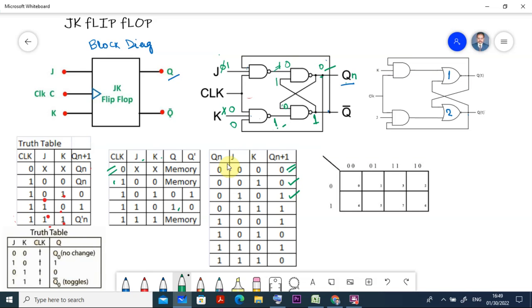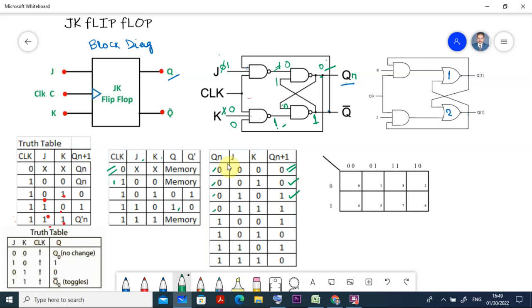Now if you go on doing like this, you can find all these values. When q1 is equal to 0, I have taken 4 cases, taking 0 0, 0 1, 1 0 and 1 1, or if you say 3 variables, 0 0 0, 0 0 1, 0 1 0, 0 1 1, 1 0 0, like that also take.